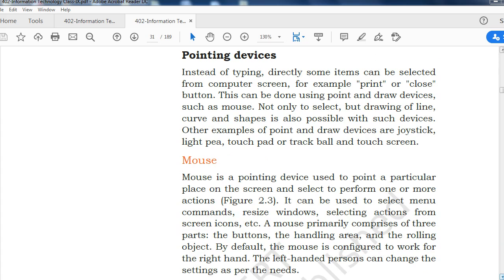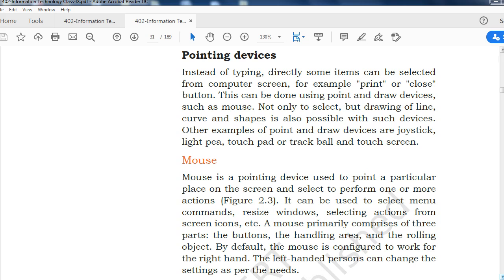Pointing device. Instead of typing, directly some item can be selected from the computer screen, for example, the print or close button. This can be done using point and draw devices such as the mouse.